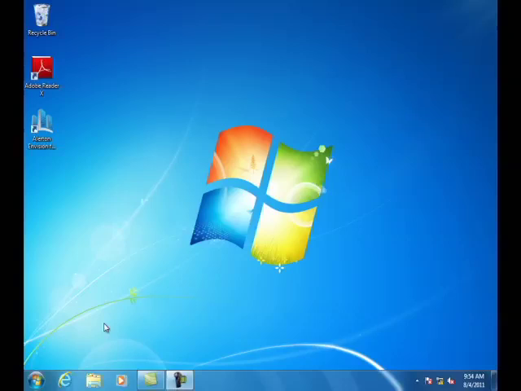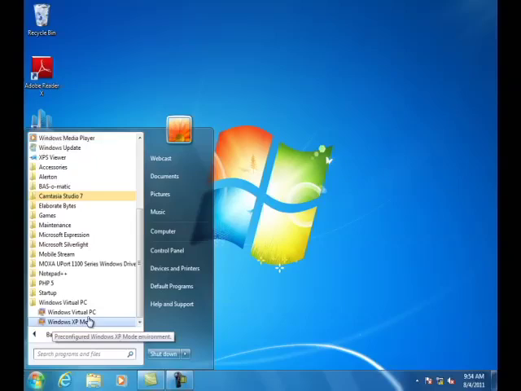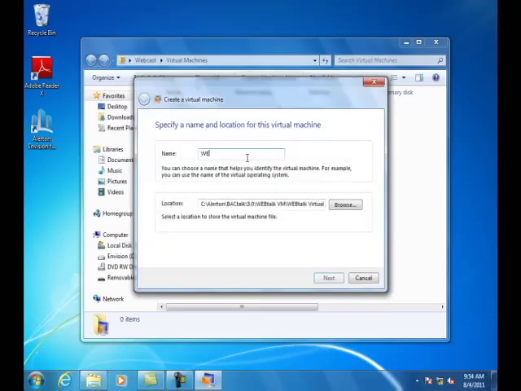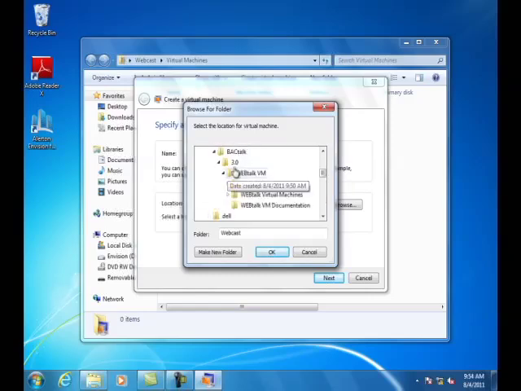Okay, now that WebtalkVM is installed, we'll go ahead and finish the installation and setup by checking the Windows Virtual PC. We will have to create a virtual machine. We'll name this WebtalkVM. We'll browse to our Webtalk installation, which, as I mentioned earlier, the default will be on the C drive, Allerton, BackTalk 3.0, WebtalkVM, WebTalk virtual machines,